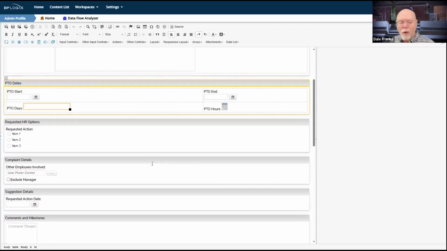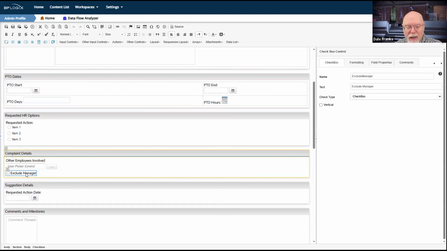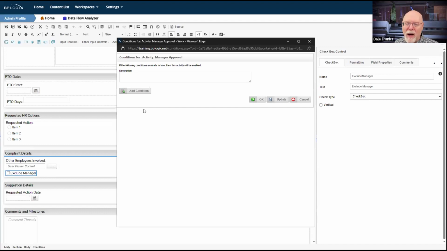So on this form, if we go down here in my complaint details, talked about this briefly, I've got this exclude manager field that we talked about previously. I don't want my manager to see this complaint. So I want to skip my manager in that case. I want this to go straight to my department director because the manager is the source of the problem. I want to skip them.